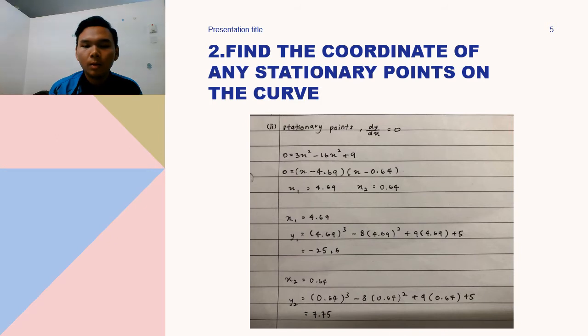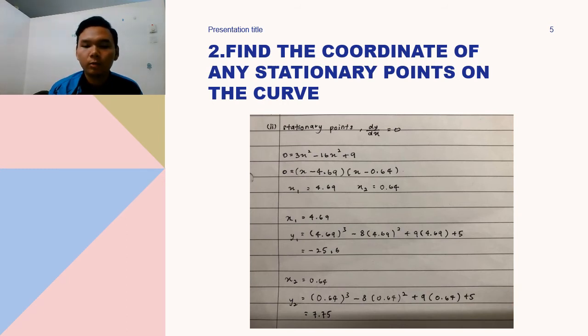So for x1 equals 4.69, y1 equals bracket 4.69 close bracket power of 3 minus 8 bracket 4.69 close bracket squared plus 9 bracket 4.69 close bracket plus 5. So we get the answer negative 25.6. Then for x2, which is 0.64,